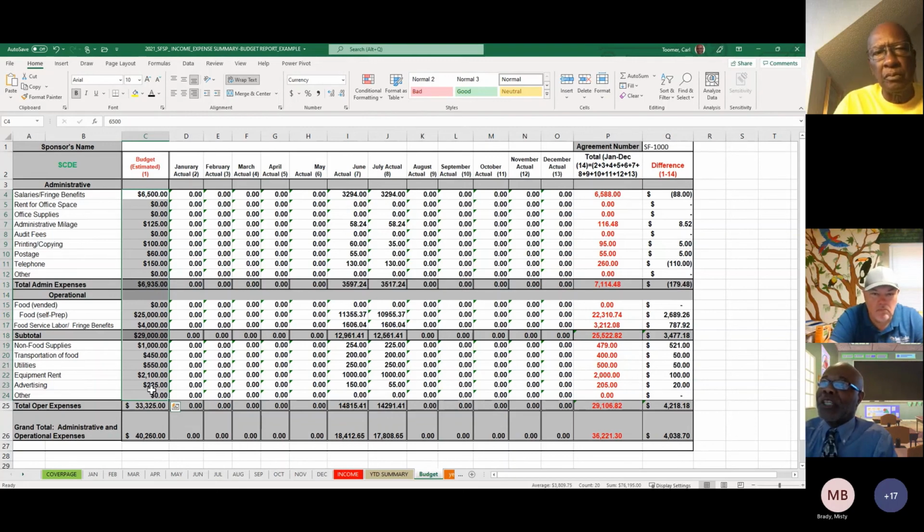This particular line item here was salaries and fringe benefits for $6,500. We spent $32.94 in June, $32.94 in July, and we kind of went over our budget by $88. But when you go over your budget, you can always look in other line items to pull that amount back into perspective.